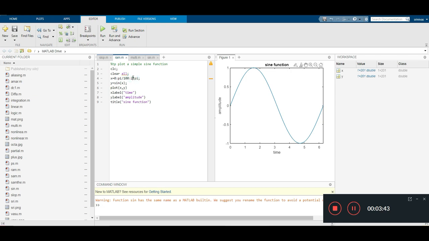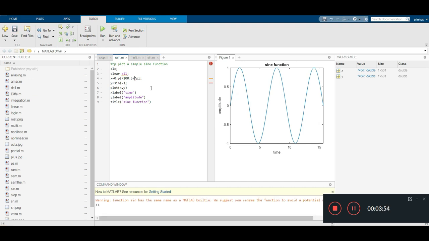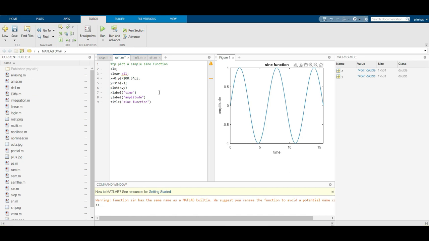If you want to change the duration, then you need to increase the number of cycles, right? So we'll try this also. Here you can see I'm increasing the number of cycles. Initially it is 2 pi, and now I am increasing it to 5 pi. Whenever I increase the value, the number of cycles increases, so the time period and frequency change accordingly. In this way, a simple sine graph is printed.